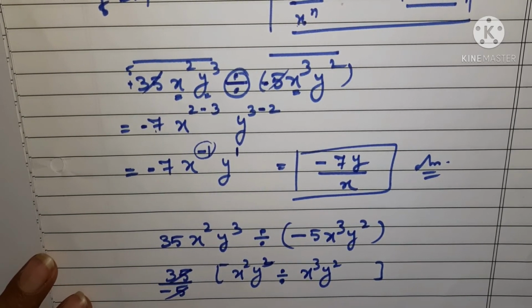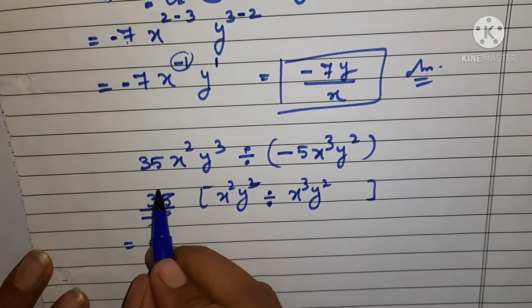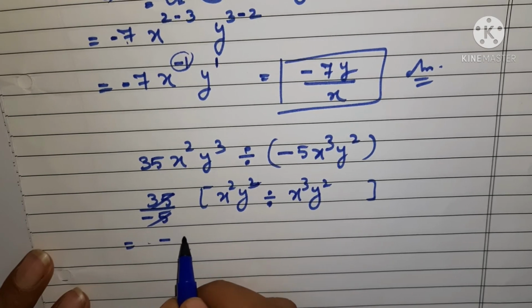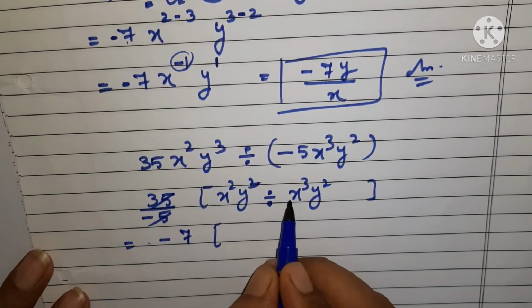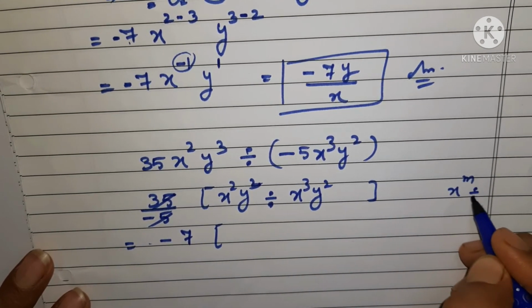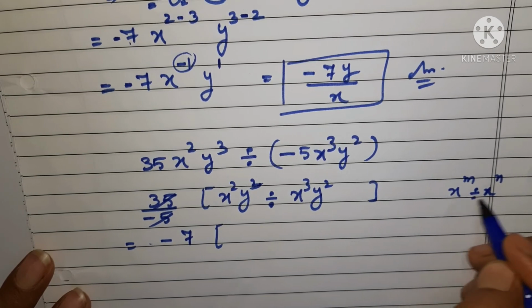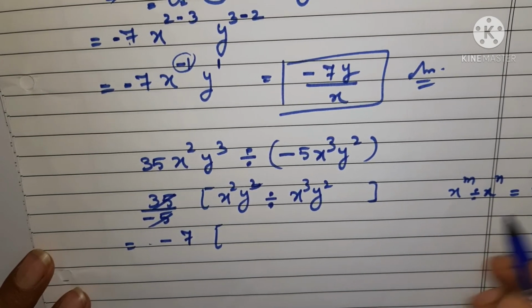It will give you minus. See, minus will go up, because in standard form we need to bring the minus sign up. So it will become minus 7. Now, in this what I have told you is that if x to the power m is there and divided by x to the power n, if the variables are same, तो उस केस में हमें क्या करना होता है, x to the power m minus n करना होता है.